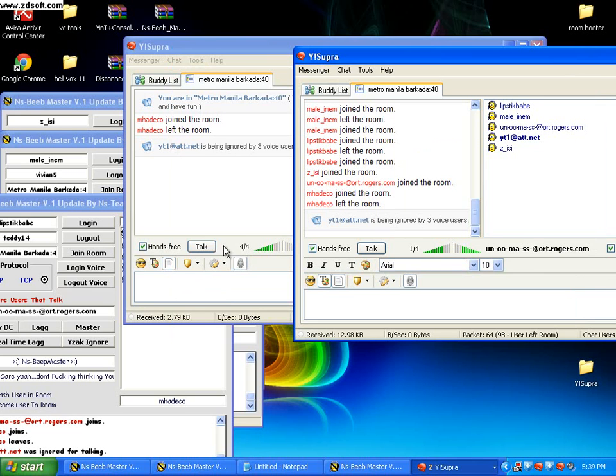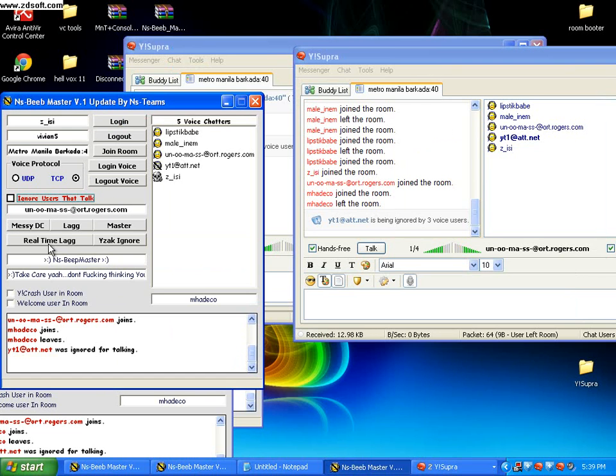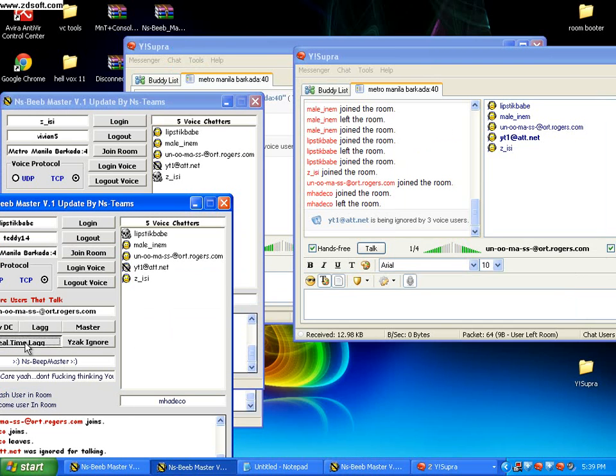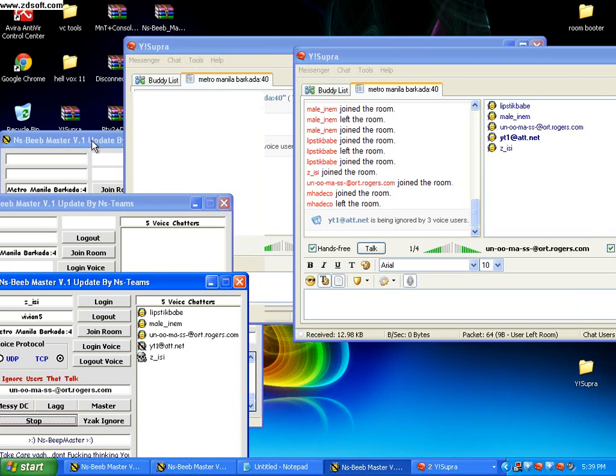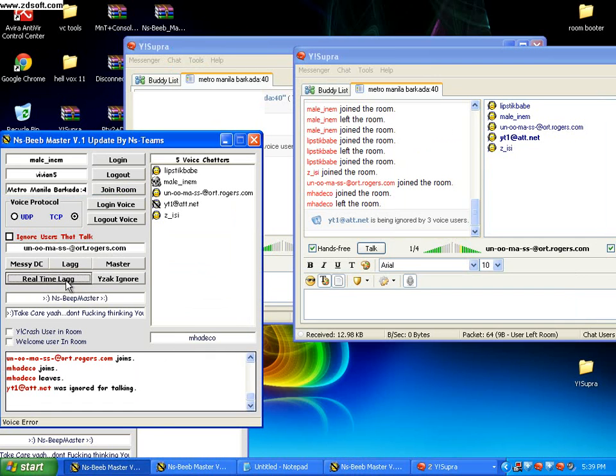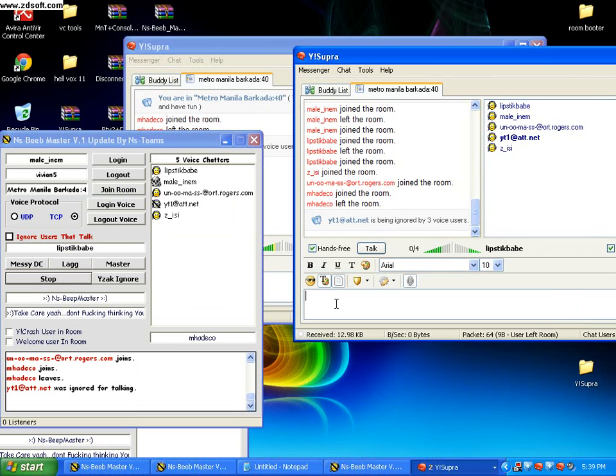Okay guys, now the Mas PC. Click on real-time logging NSBIP master, second one and the third one. Okay, third one. Actually guys, you can put in 15 to 20 NSBIP masters in the room, and it won't hang. It depends on your memory and internet connection.